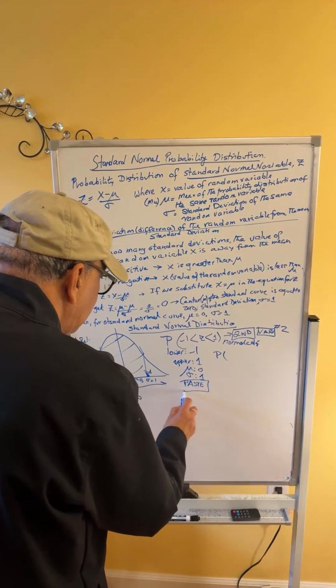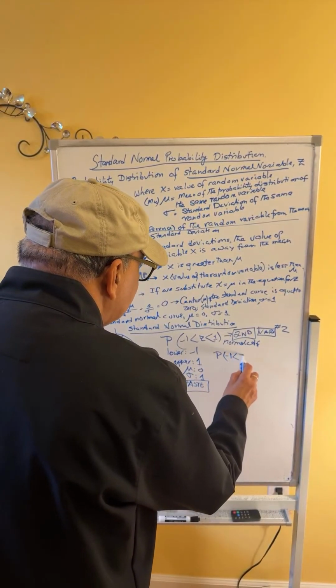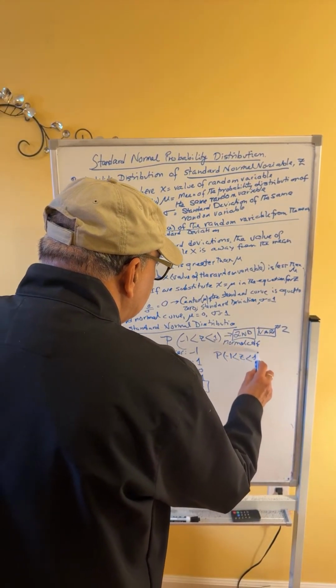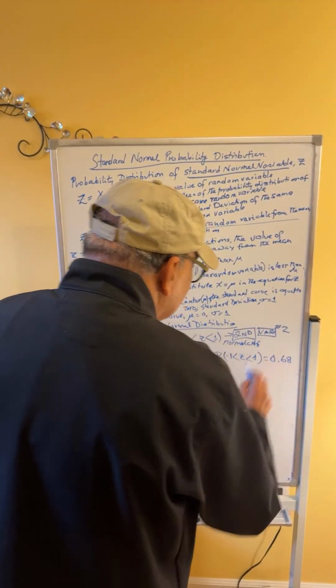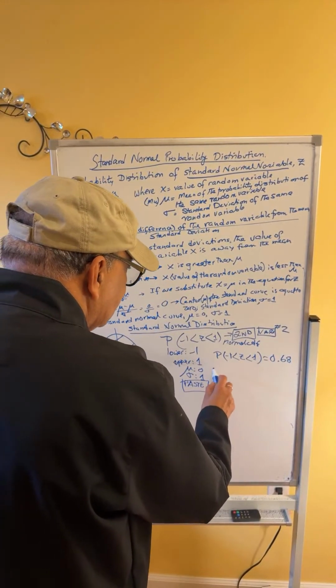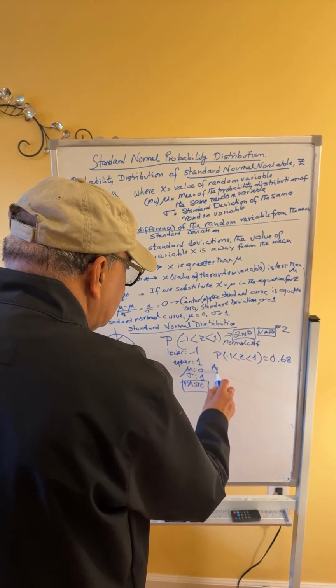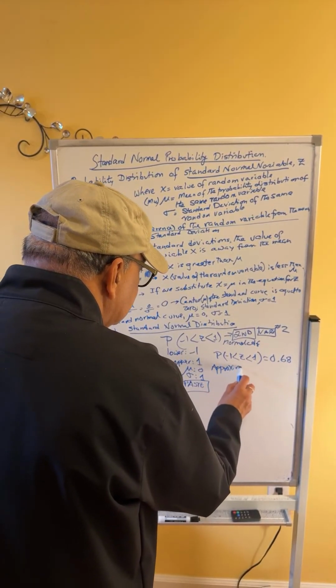Okay. So the probability of -1 less than z less than 1 is equal to 0.68. That means approximately 68%